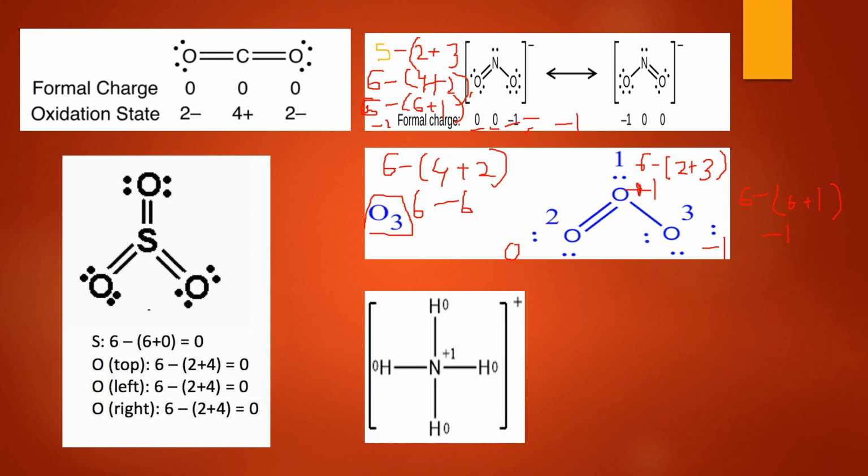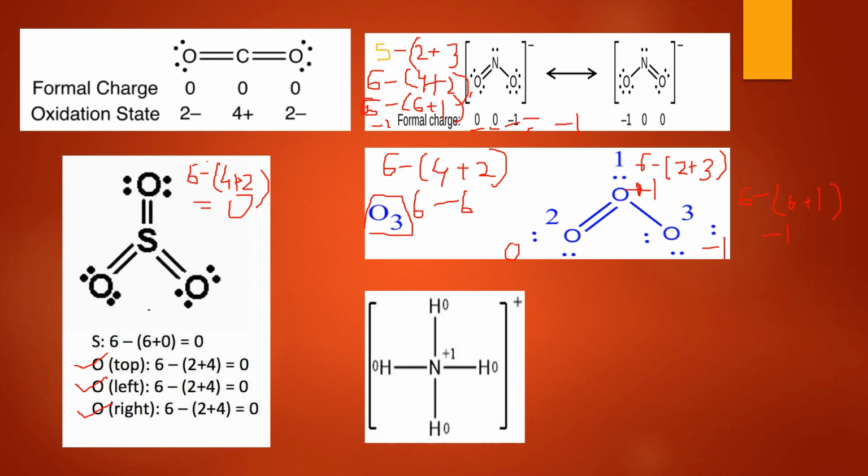Now coming to this, again you calculate the charge in this manner. Now all the 3 oxygen are same. So the formal charge on the oxygen are same. So let us calculate. 6 is the valence electron. So first 6, then minus, then what is the unshared electron? 1, 2, 3, 4 and number of bonds is 2. These are 2 bonds. So 6 minus 6 is equal to 0. So 0 charge is there on all the oxygen. So you can see 0 charge, 0 charge, 0 charge.